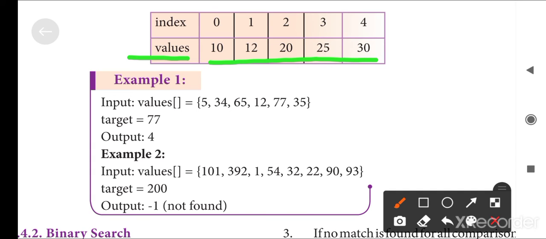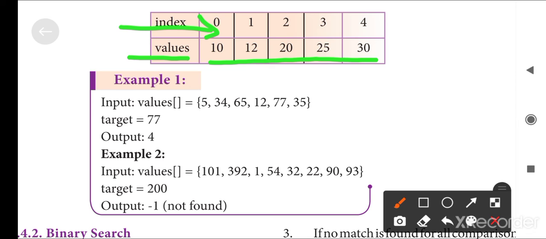It follows the array storage, where the first element is stored at index value 0. The value 12 is stored at index 1. Similarly, 20 is at index 2, 25 at index 3, and 30 at index 4.